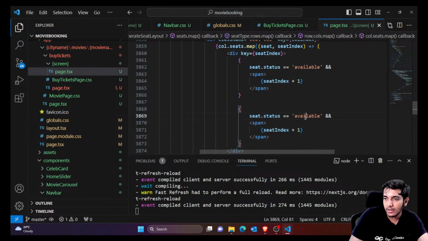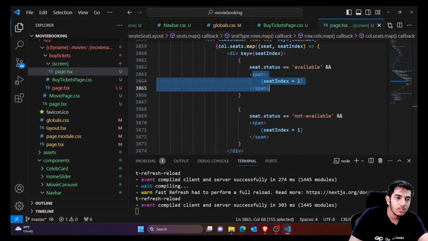Okay, I'm just gonna bring it here. So if it's not available, then I'm gonna show another type of design. If it's available, then I'm gonna show one type of design. So let's name the design also. It would be having some design like